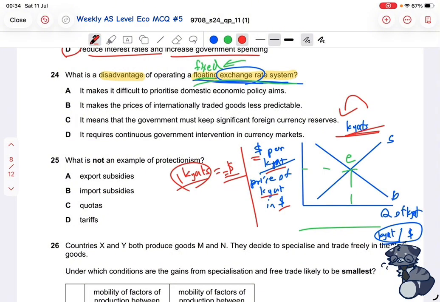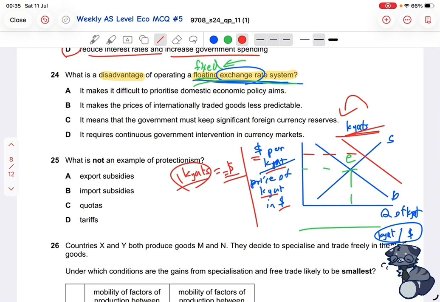That means that it'll look like the demand for kyats is increasing because you're buying more of it. You're converting more of your foreign money into kyats. So if this happened, then the value of kyats will appreciate or increase because this is where the new equilibrium point will be. However, if it were a fixed exchange rate, and let's say the government doesn't want the value to increase a lot or fluctuate a lot,